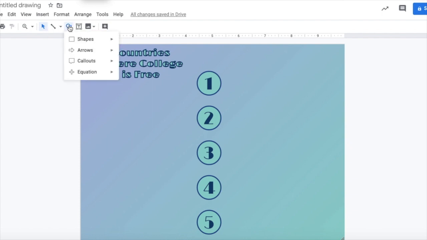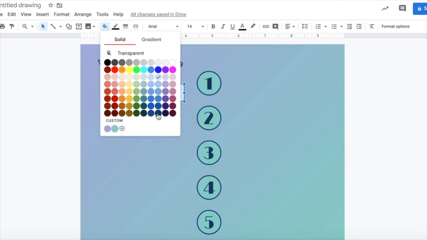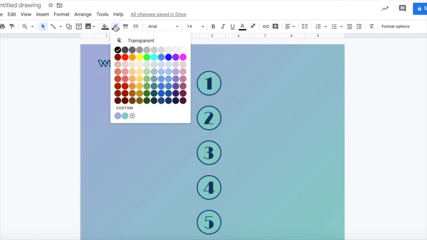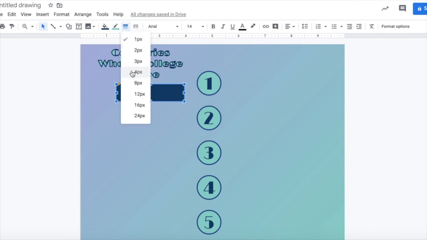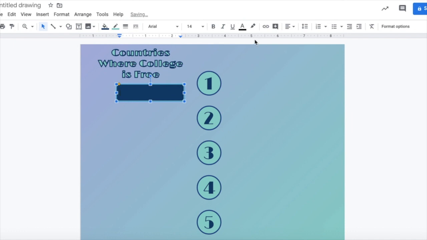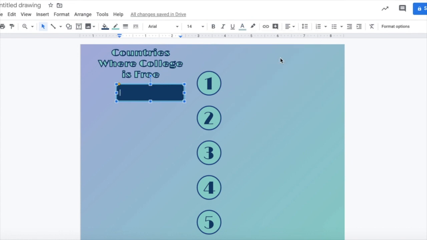I'll go ahead and choose a shape. Maybe this time I'll go dark on the shape, do the border the lighter color, make it a 4-point border, and then that means on the inside I need to have a light green color, and I just have to see what this is going to look like. Now I highlight this, I'm holding down Control, Shift, and the greater than sign to get it larger. That looks good, and I'm going to go ahead and center this